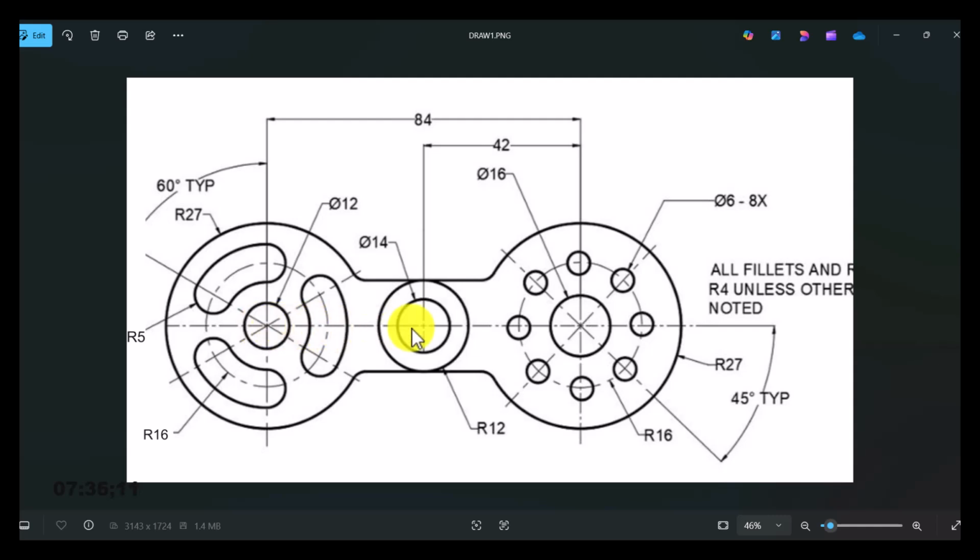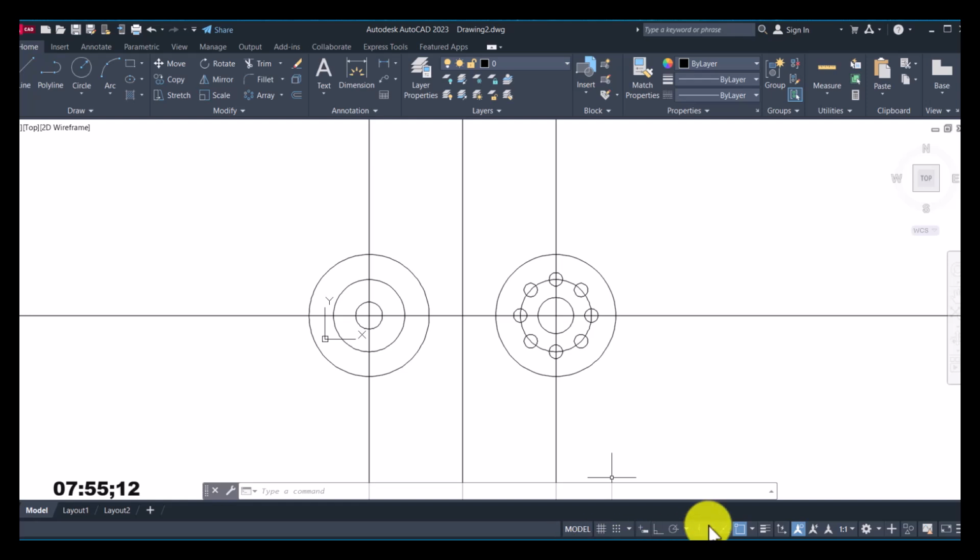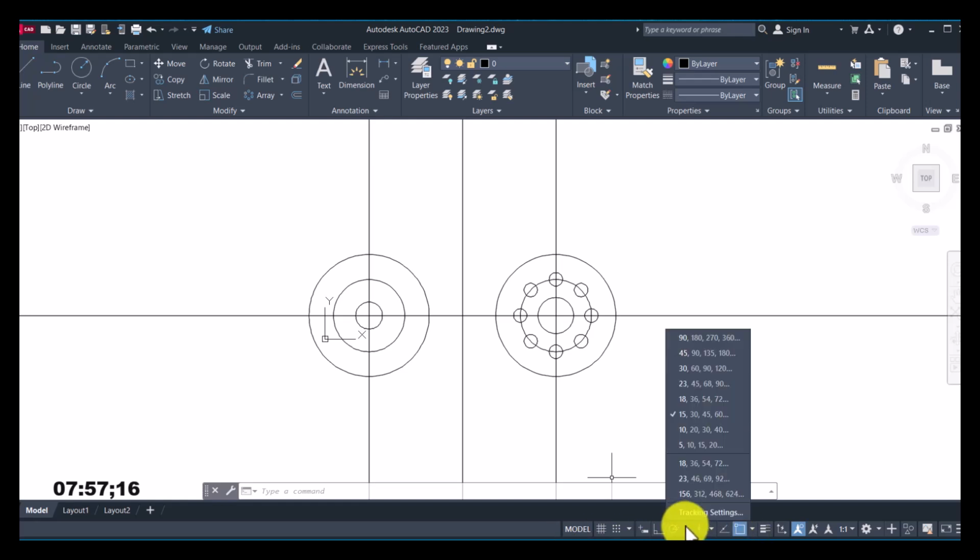in the horizontal. Horizontal to the right is 0. So moving anti-clockwise, 0, 10, 20, 30, 40, 50, 60, 90. Then continuing plus 60, 150. So it means that this angle is 150. So I'll go to my AutoCAD, I'll go to my polar array. Now to get angle 150,